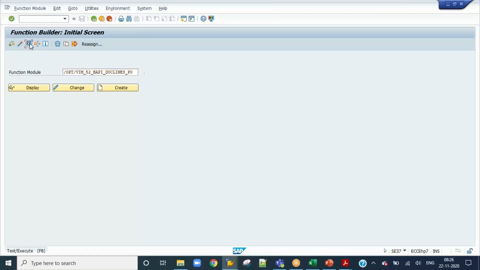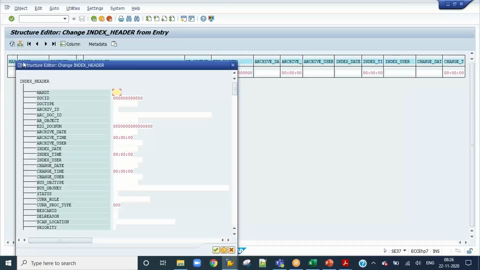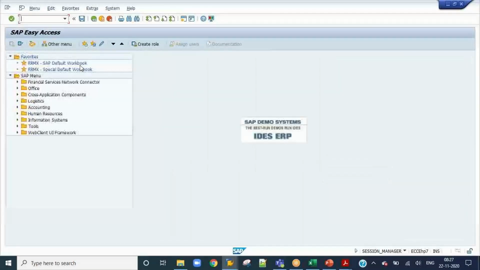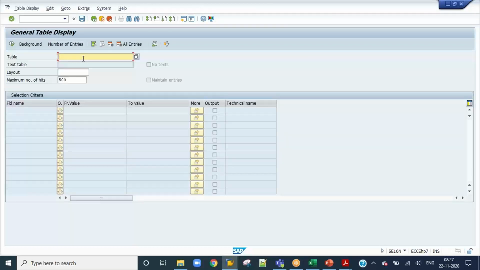keep the debugger, execute it, provide the input like the BDC ID, auto flag. Here provide all the data manually, like one head information and one item information. First you ask them to delete, so you need to provide all the one head and one item information and ask them to debug. Okay, so SC16N, slash opt slash vim one head,